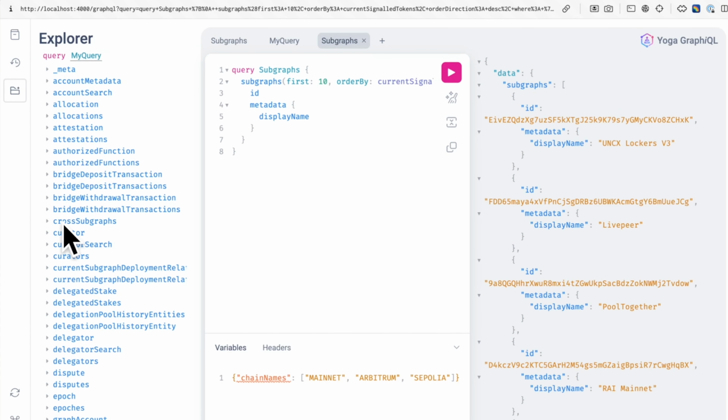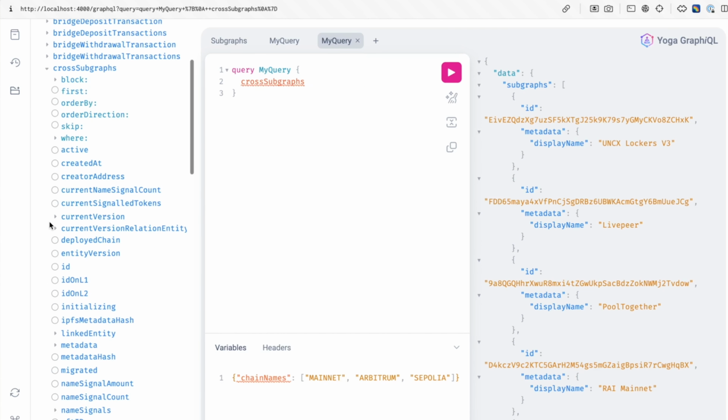See, now we have these cross subgraphs here. And also in the result of cross subgraphs, we have this deployed chain. It's also nice, like if you know how to do it, very quickly we can start to enhance the schema without actually needing to touch the subgraph. I think it's pretty powerful by itself as a technology to really separate concerns of, okay, this is front-end code that's about displaying stuff, and that's logic that happens otherwise. So I really like that feature, and I used that also before I joined The Graph in my Web 2 projects. But